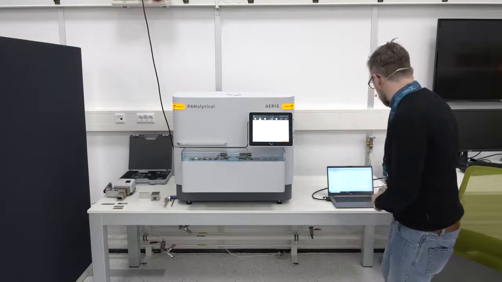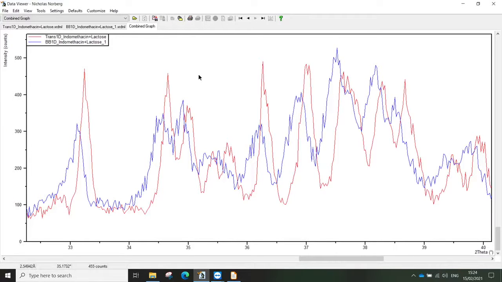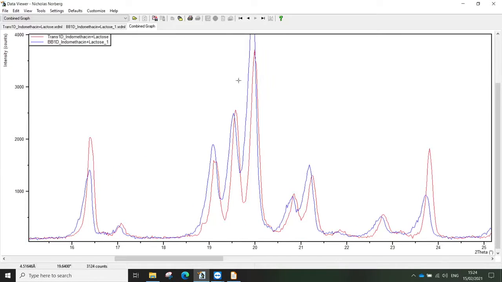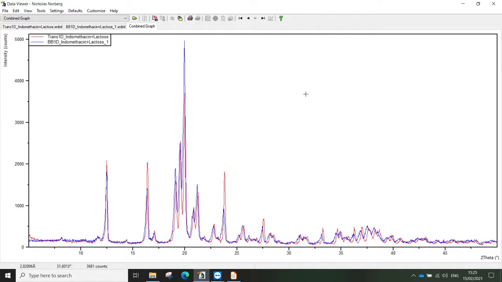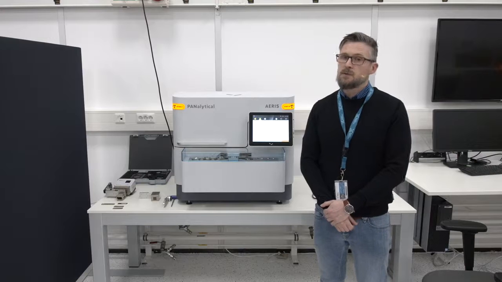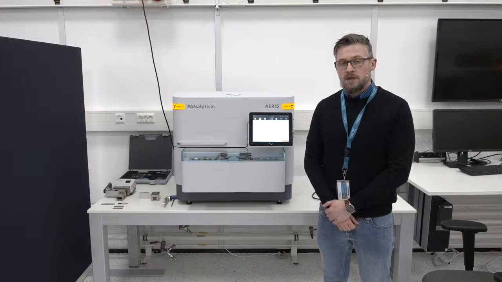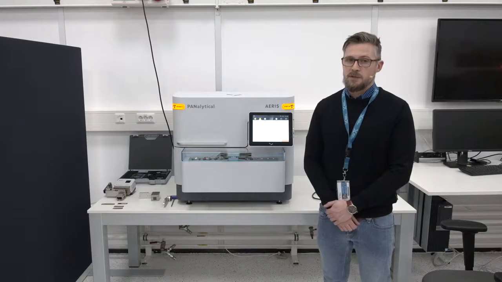Also in the data, you see that the relative peak intensities are different, and that is a result of the preferred orientation that is introduced due to the sample preparation in the Bragg-Brentano sample holder, because we have to press the sample in order to get a flat sample surface. So if you compare the two data sets to the relative peak intensities from the databases, you will see that the transmission measurement is actually much closer to the expected relative peak intensities from the database than, for example, a Bragg-Brentano measurement.